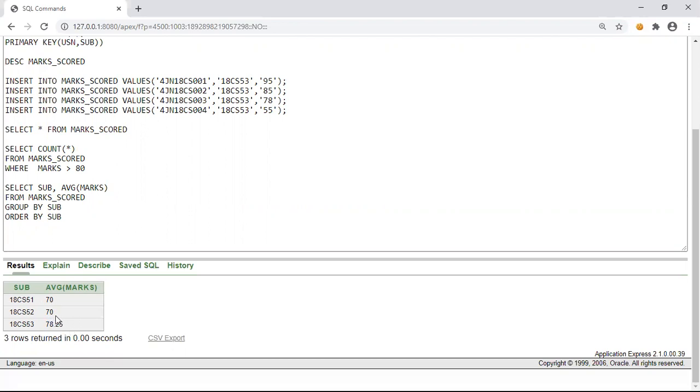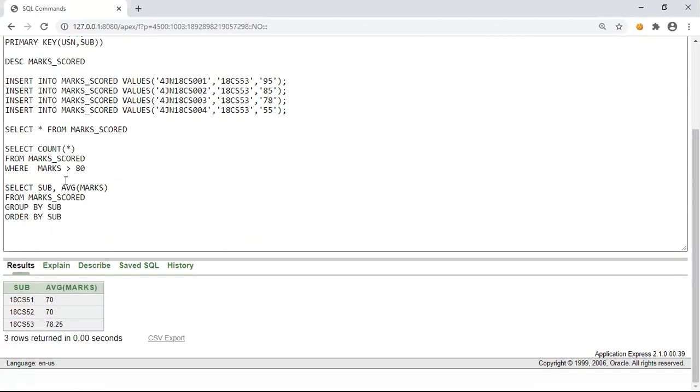So 51 it is 70, 52 it is 70, 53 it is 78.25. So these are the aggregate functions which we can use, that is count, min, max and average.